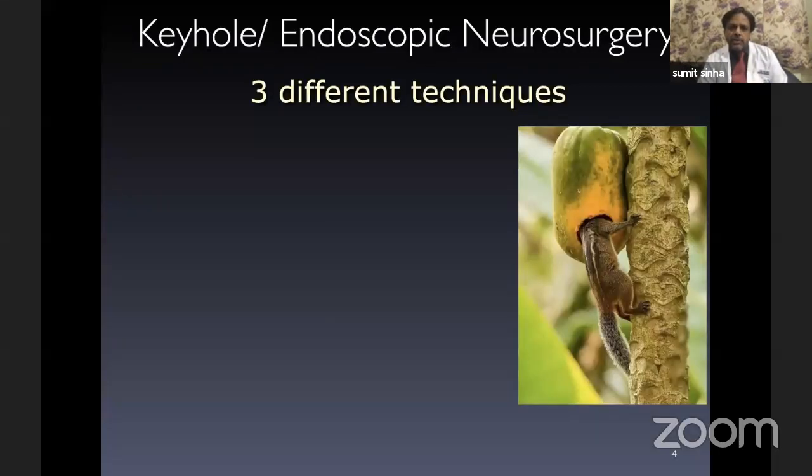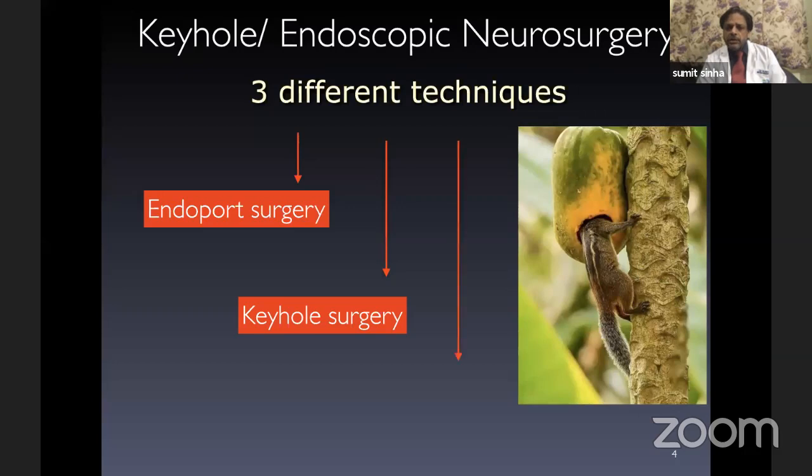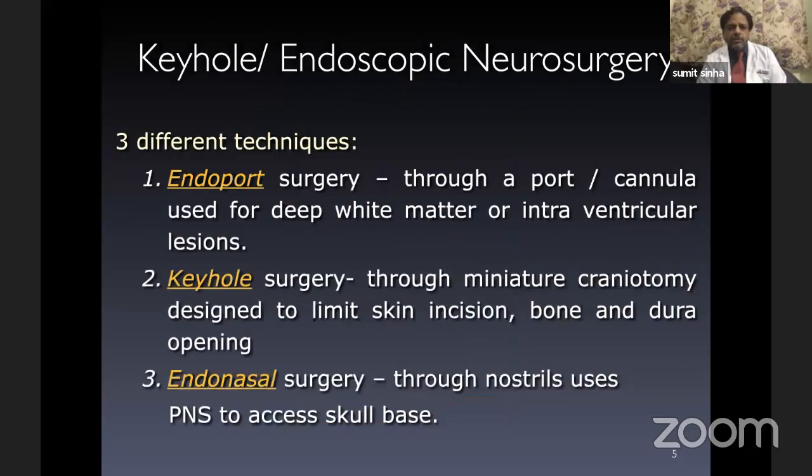So for keyhole surgery, there are 3 different techniques described so far. One is the endoport surgery, the other is the keyhole surgery, and the third one is the endonasal surgery. Describing these one by one, the endoport surgery is done through a small port or a cannula, which is used for deep white matter lesions or intraventricular lesions, like basal ganglia bleeds, lobar hematomas or intraventricular tumors, where you use a small port or a cannula, and through the corticectomy you insert the port, and all the instruments are taken through the port,